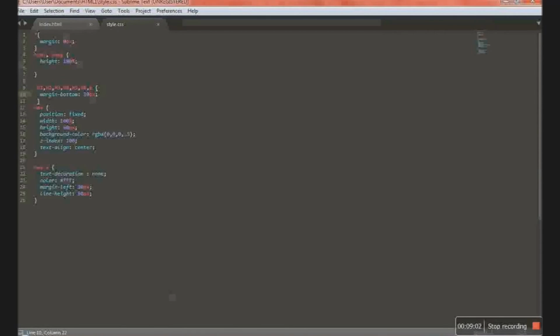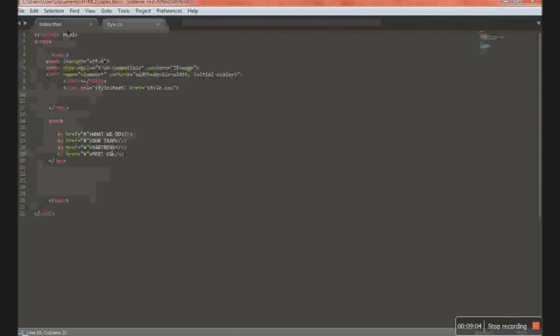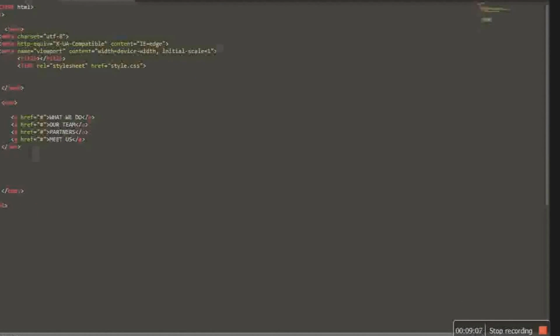So let's go back to our HTML. Let's add the sections. The sections are going to overflow each other in the effect. To do that, let's call a div. Let's put div class sect.